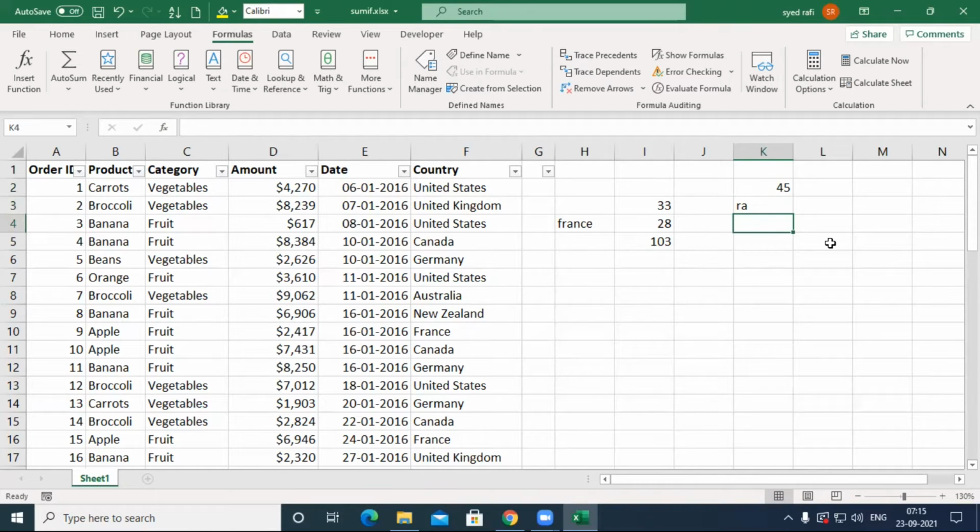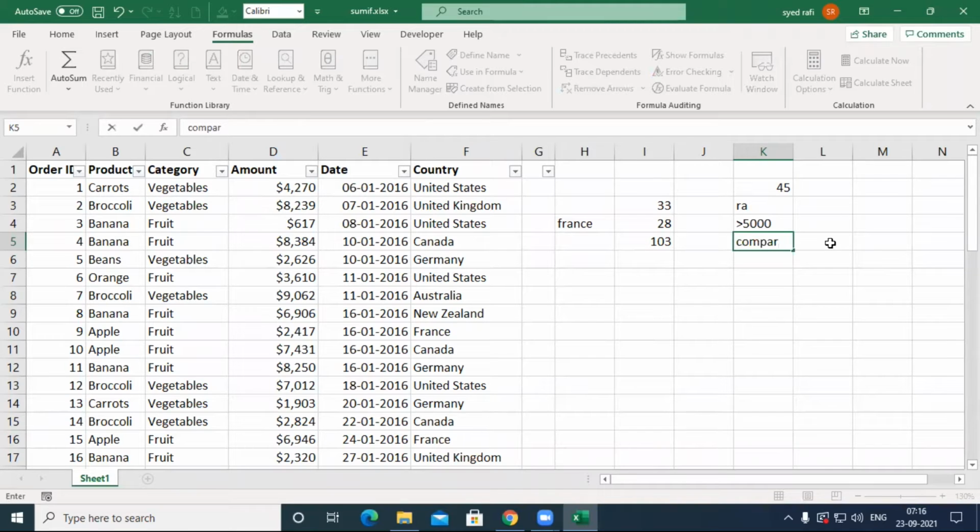If I place a greater than and type something like this, it will be treated as text. What is the symbol greater than? In Excel terminology, we say comparison operator. That is the name of the greater than symbol: comparison operator.